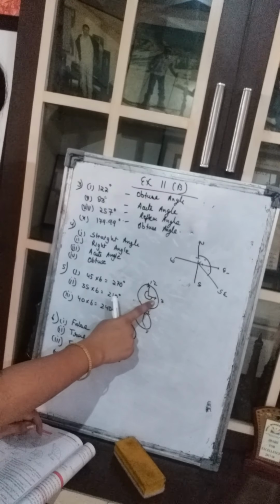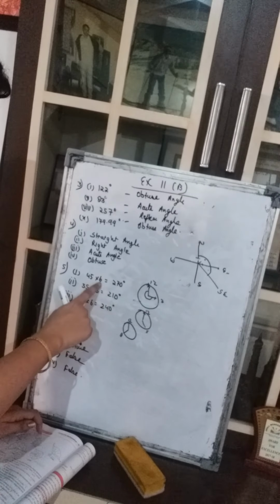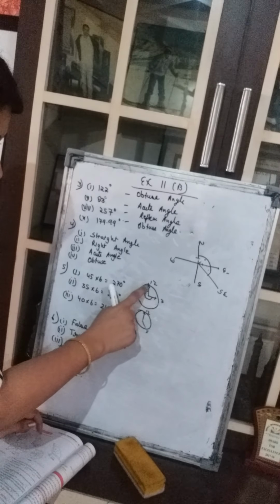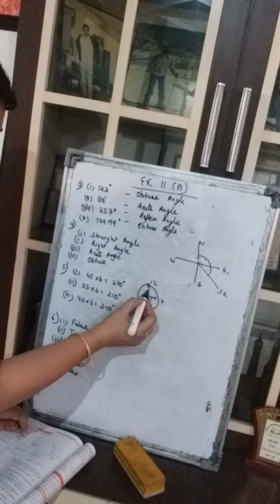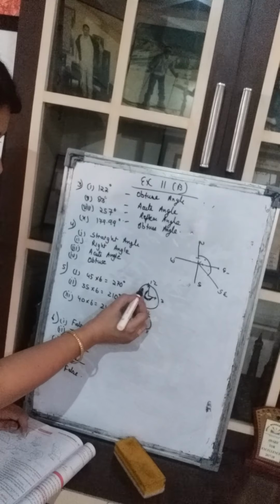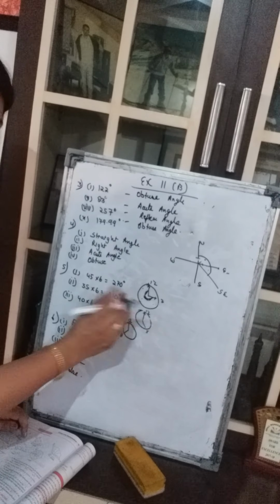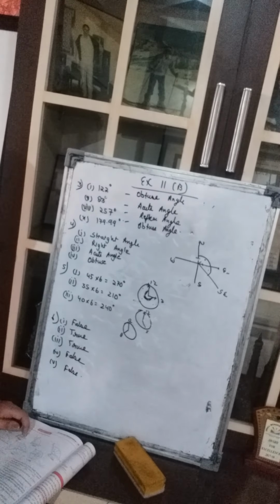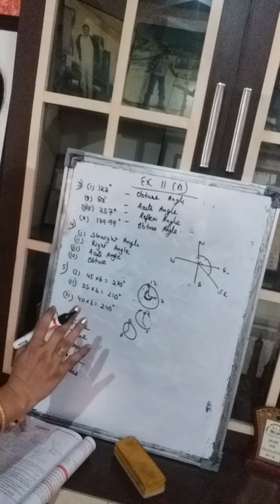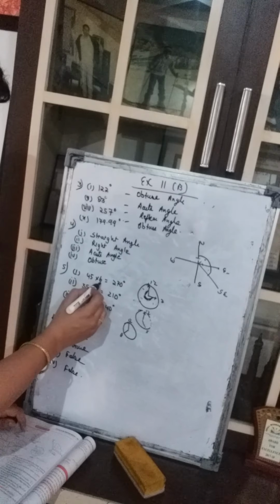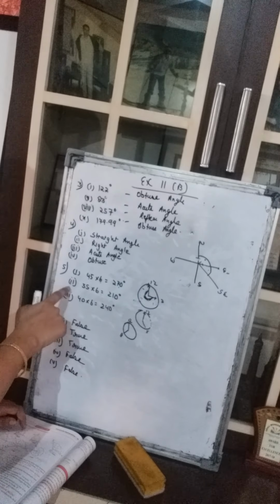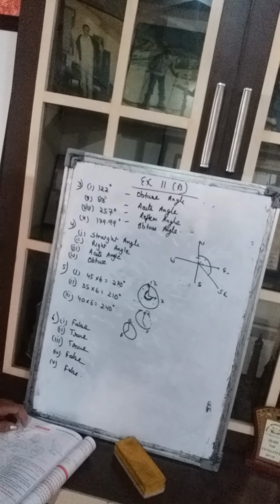Now girls, you know that in every minute 6 degree is covered. So here how many minutes have been covered? You calculate here. Here 45 minutes are there. From here to here, 90 here, 90 here, 90 here. Sorry, how many minutes? 15, 15, 15. 45 minutes are covered. So 45 into 6 gives you 270 degree. Clear?